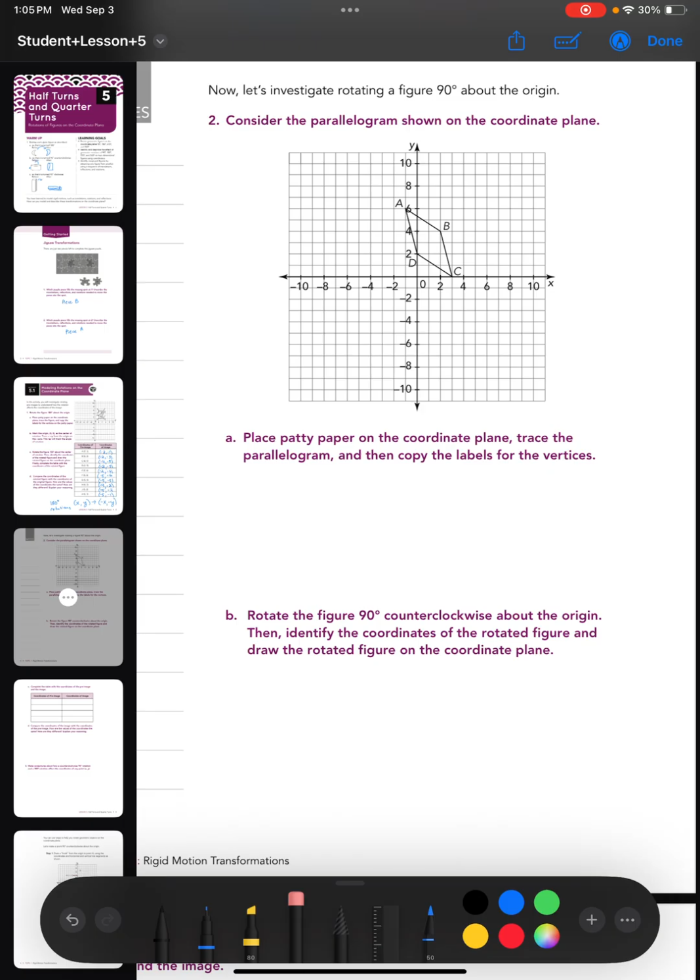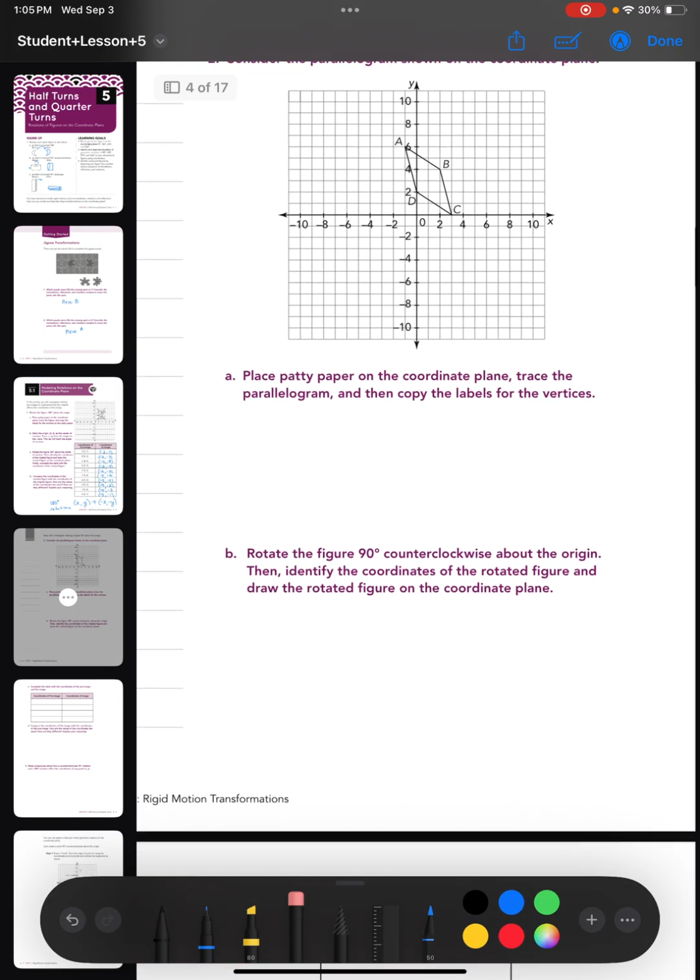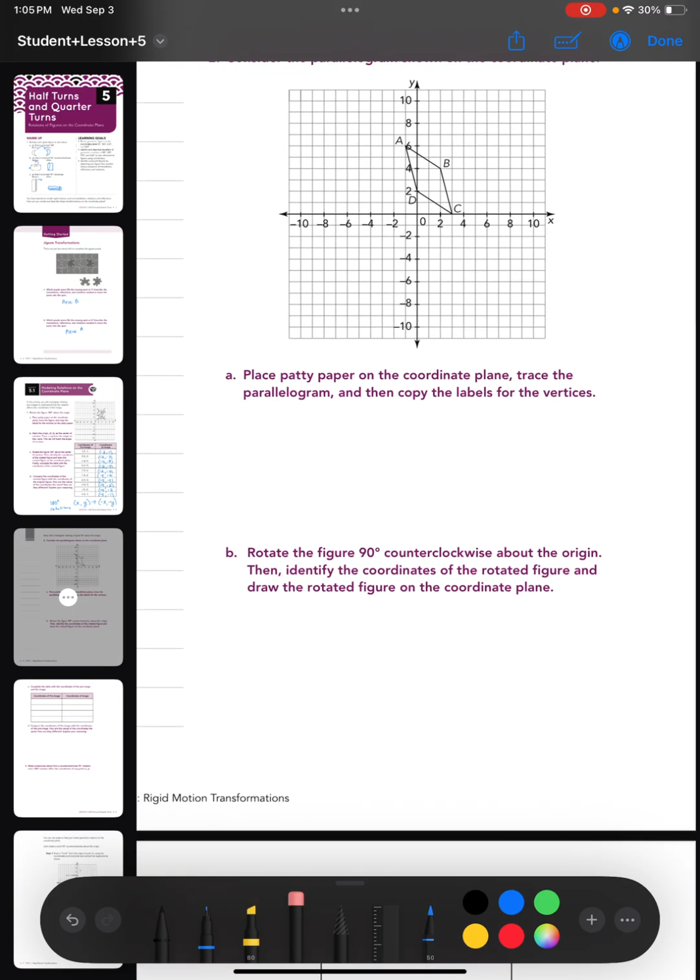So we're given a parallelogram. It says place patty paper on the coordinate plane. Again, if you're doing this manually, take some patty paper, trace it, put your point at the origin, and rotate it around by the rule. So we're now going to use the rule for B, rotate the figure 90 degrees counterclockwise. So let's look at our rule for 90 degrees counterclockwise. That rule is that it's going to become